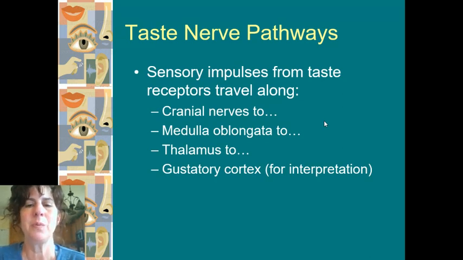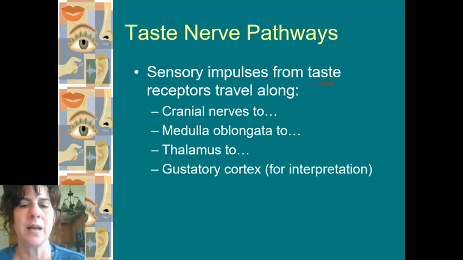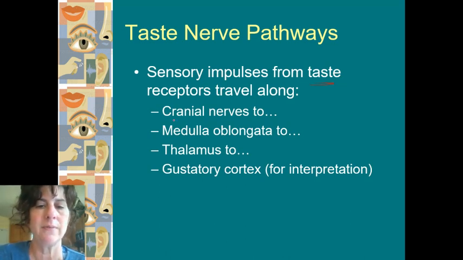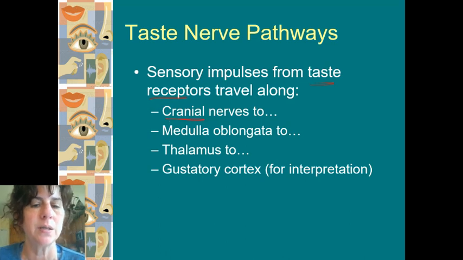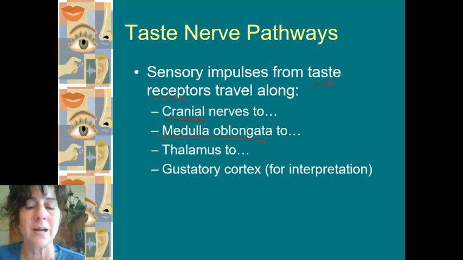All right, so what happens when any one of those tastes is stimulated and then sent to the brain? The taste receptors go directly to some cranial nerves. Cranial nerves send it to the first step of the brain, which is the medulla oblongata, that sends it to the thalamus. The thalamus says, I'm aware of this. We reroute and go to the sections of the brain that are going to interpret taste. Gustatory refers to taste. So the part of the brain that is interpreting this is what we call the gustatory cortex.